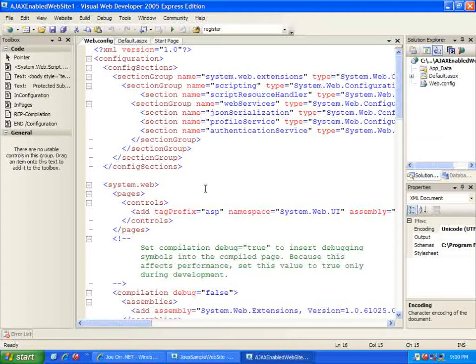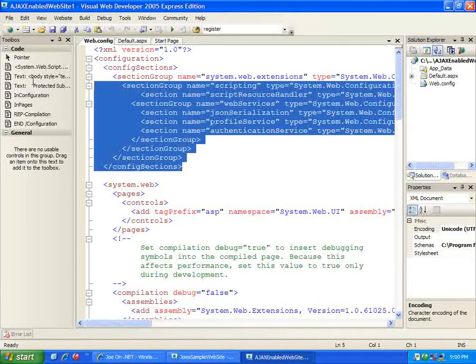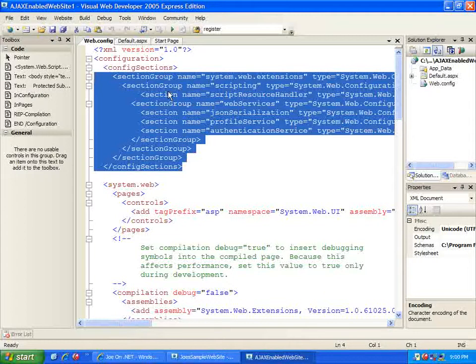Now, I'm not going to copy the whole web.config file and pop it into my existing application. I could do that, but in a real production application, it's likely that you've added areas in your configuration file, so you don't want to just wipe out all of your web.config file and start with a fresh one. So I'm just going to add this one section at a time just to emulate what you would do in your real production application. So the first thing I need is I need to grab this configSections element, and